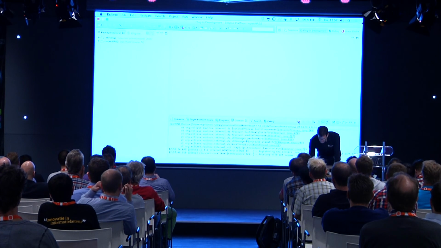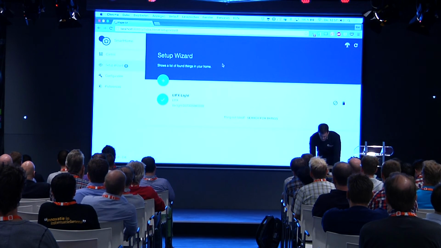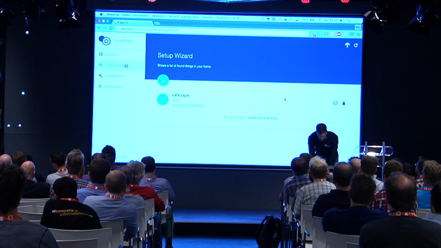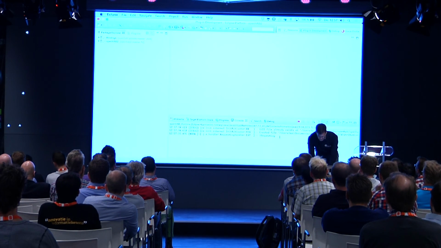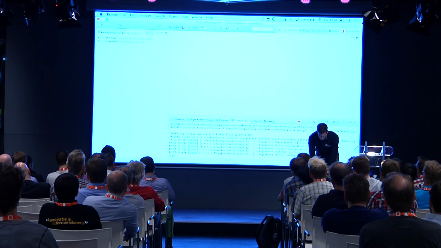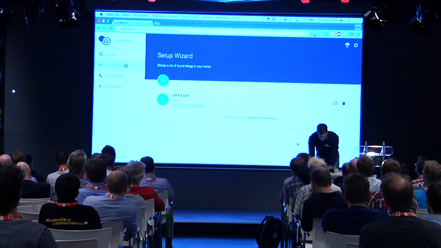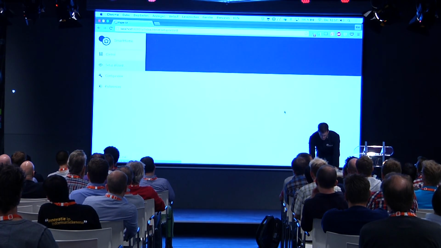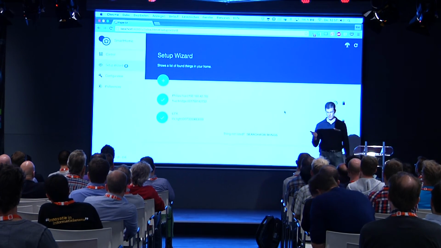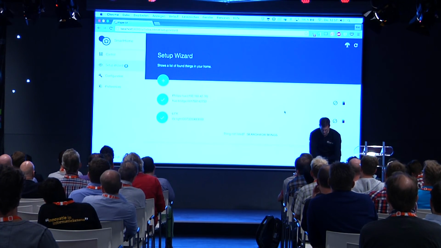Let me just, to be sure, restart the runtime so that it knows our own IP address. Okay, should be there. Now we see it has found both the LIFX bulb and the Philips Hue bridge as a very first thing.